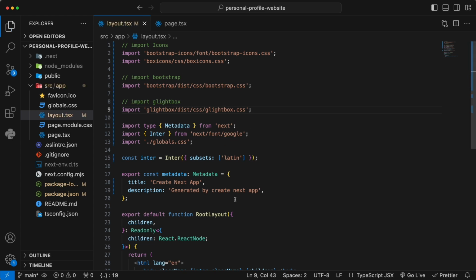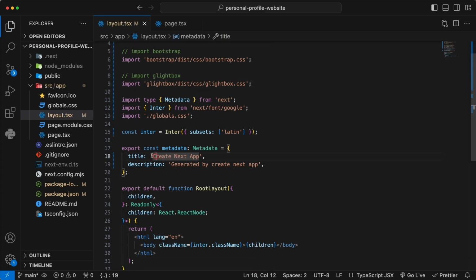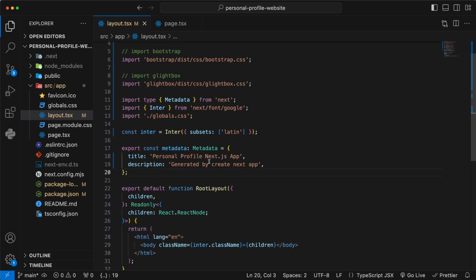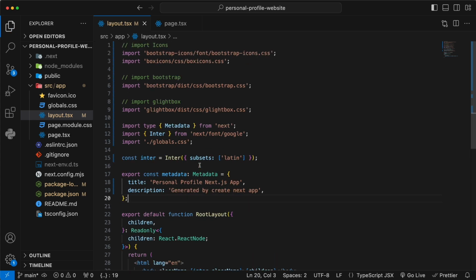And the next one we want to do is to simply change some project name. This metadata is the same metadata in your HTML tags. All right. So if you want to have your application title changed, you can type your customized name here. So we're just going to say maybe personal profile Next.js app, something like so. It's up to you. And then the next job is going to put in our customized Google fonts in our